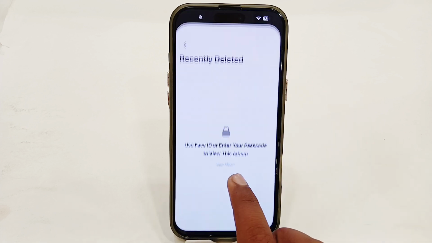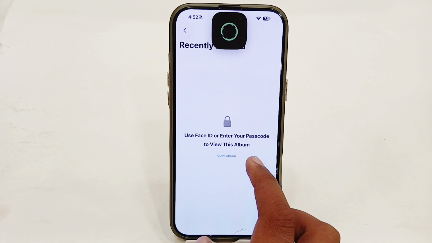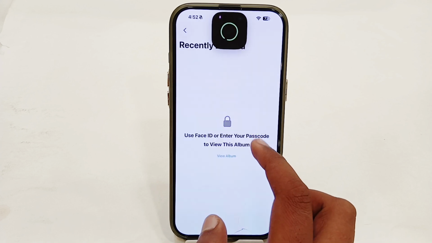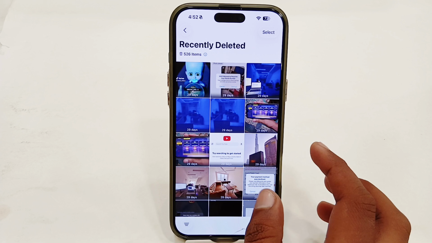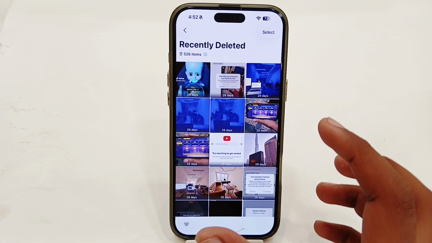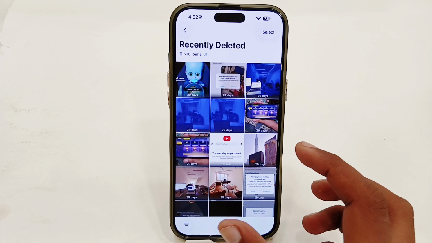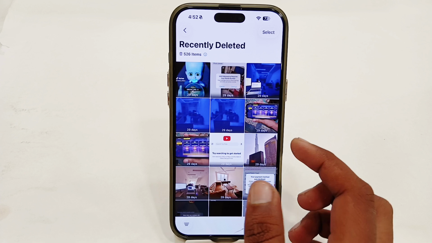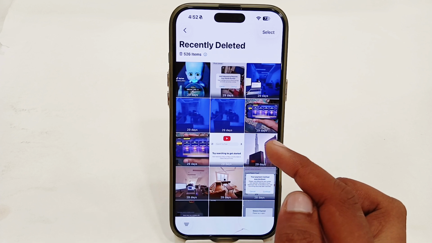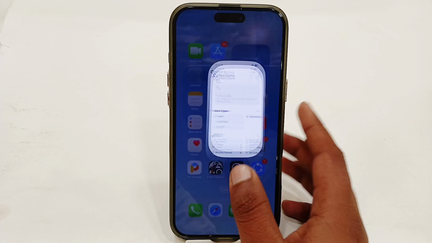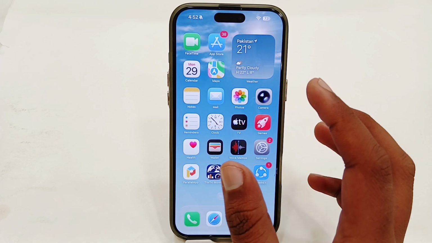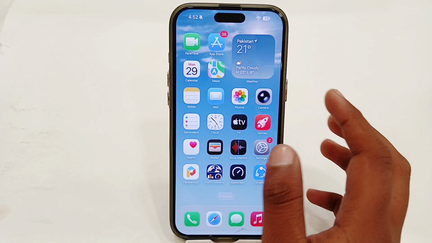You just have to select this option here, then tap on View Album, and verify yourself using your Face ID or enter your iPhone passcode. And here you'll get all of your recently deleted photos from up to 30 days. Once you have deleted a photo, it might remain here for up to 30 days. Or if you deleted photos more than 30 days ago,